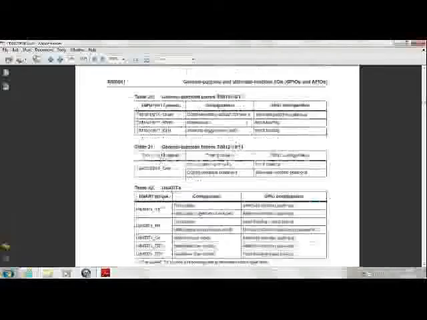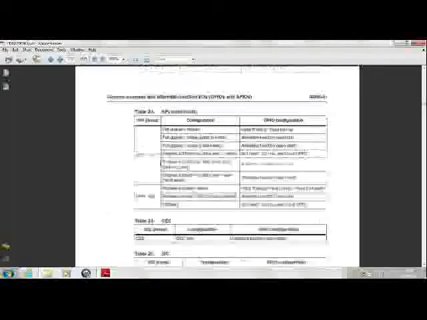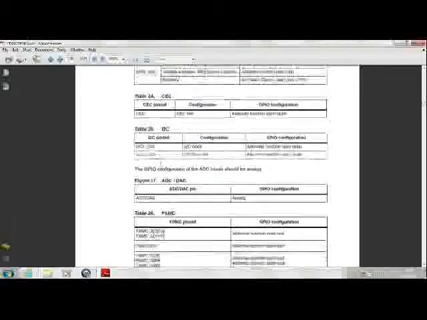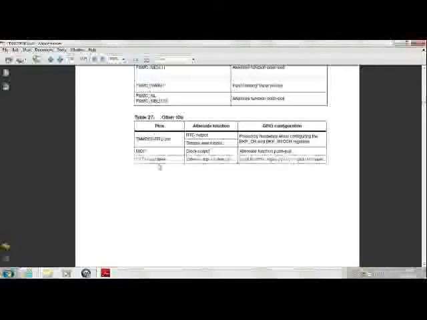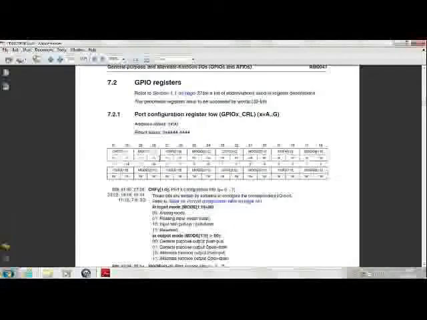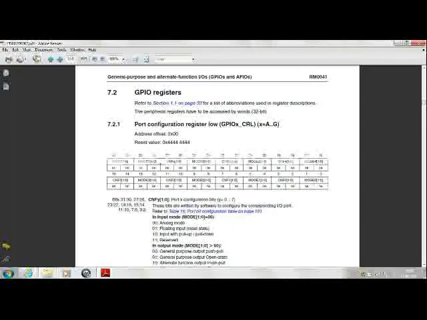Just come down. These are the alternate functions that are available with your port pins. Now to configure your port pins to work as high or low, you have to configure the corresponding registers called the GPIO X registers.